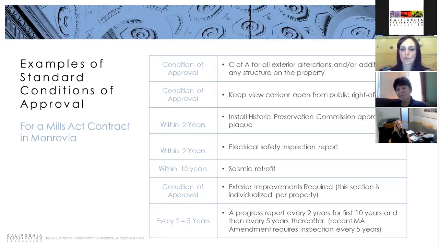And then here's the biggie: within 10 years of the contract, from the day that you signed that contract with the City Council, you needed to seismically retrofit your home. This was the biggest one only because in some cases it could be expensive for a property owner. It could be minimal. The specifics we placed on it were that it had to be seismically bolted to an approved foundation. So with the approved foundation, basically, if you're on river rock and you have no footings, you're probably not going to be considered an approved foundation. This was something that they would work with our building